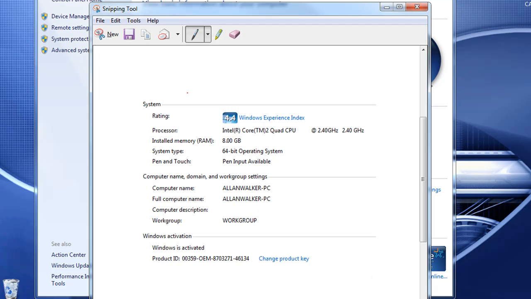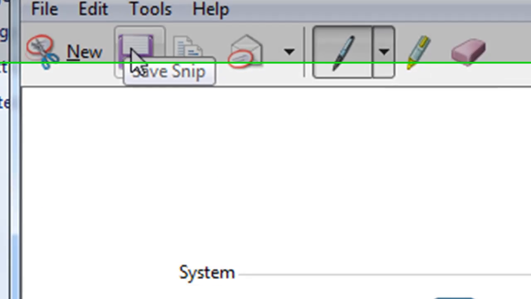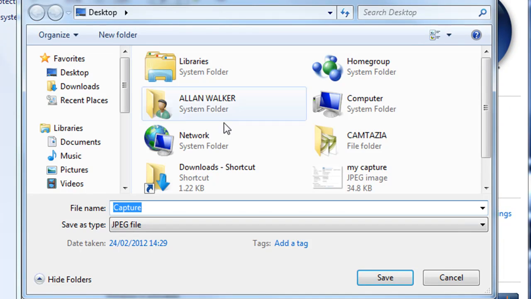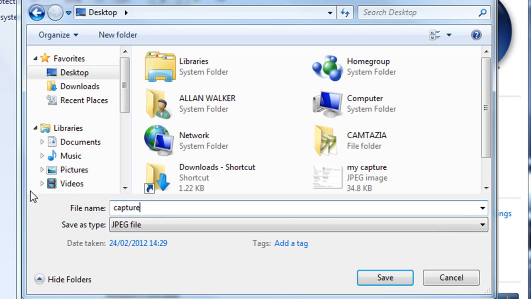When you release it, it takes you into this window here, which is similar to Paint, and you click on this button here to save it. This dialog box comes up, and there's three things you have got to do. One, you tell the computer where you want it saved. In this case, I'm going to save it to the desktop. Then you give the file a name, and I'll call it just capture,